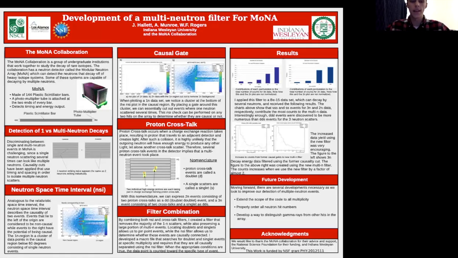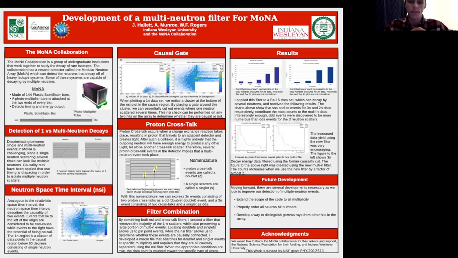and timing. Historically, with the collaboration, it's been very difficult to determine the difference between a single neutron event and multiple neutron events. So if you look at this diagram right here, we have a single neutron coming in and scattering in the array twice. That looks very similar to two neutrons coming in and hitting the array in different areas. So right now, there are different causality cuts that can be applied that help us separate those two kinds of events. But what I tried to do over the summer was create a better filter that helped us better analyze